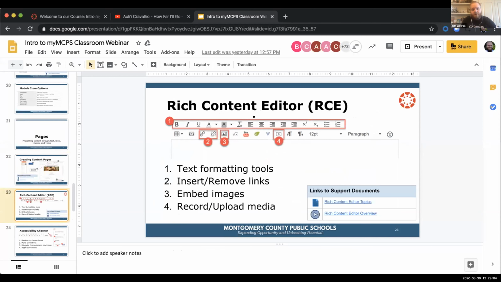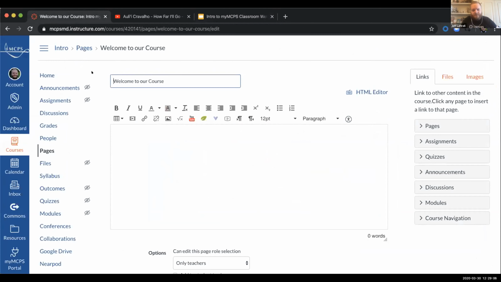So let's do a quick tour of what the features are in the Rich Content Editor. I'm going to mostly focus on this top row and a little bit on the second row here. So again, this is just like a big text box. So welcome to the first week of online learning. If I wanted to have that text in, I can highlight it just like I would in a doc or a Microsoft Word file. I have some generic text formatting features here, bold,